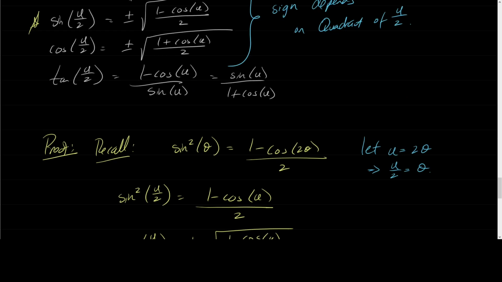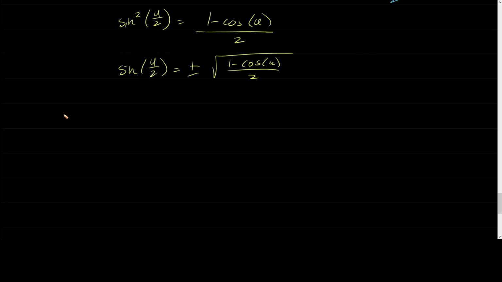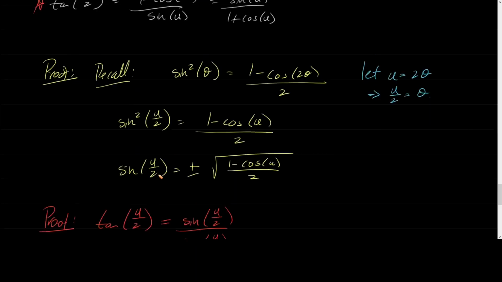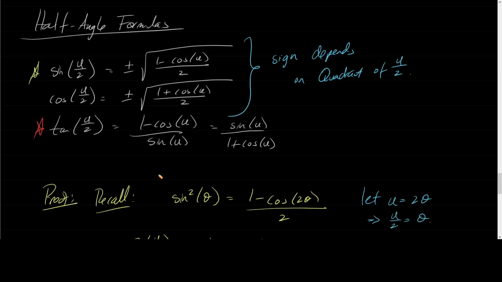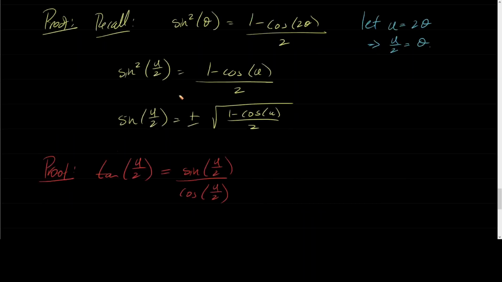I'll prove tangent as well, and I'll do this one in red, I guess. So tangent of u over 2. So let's do that one. So we've got tan of u over 2. Now we know that tangent is sine over cosine, so this would be sine of u over 2 over cosine of u over 2, right? So this is going to give us